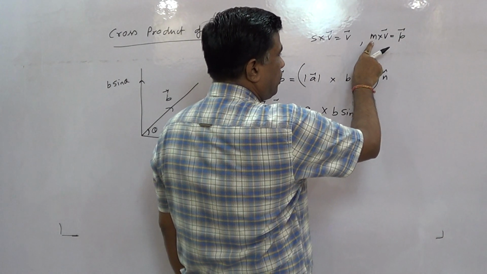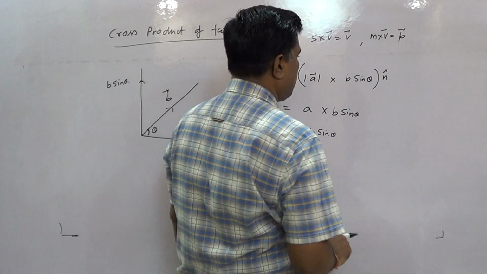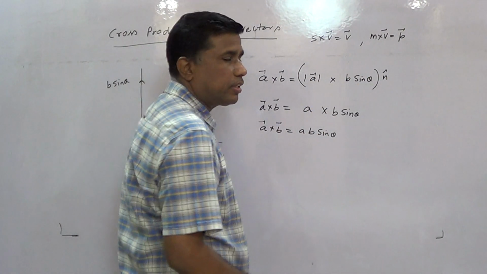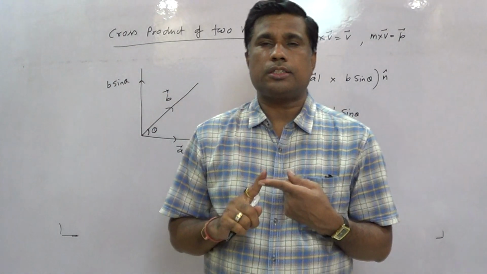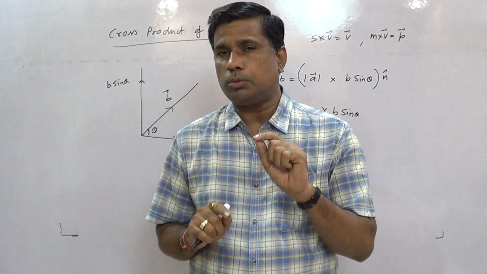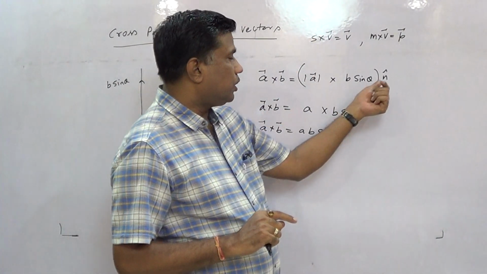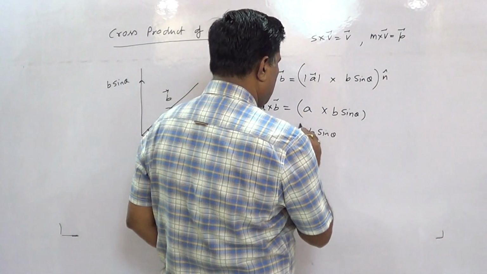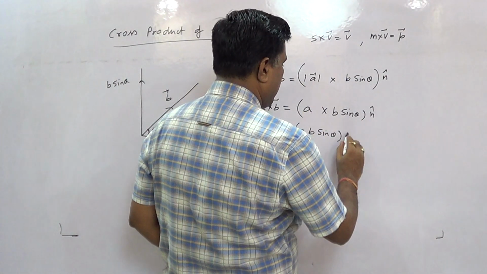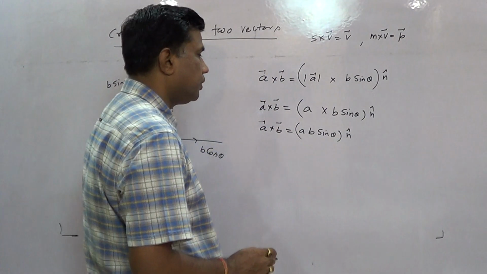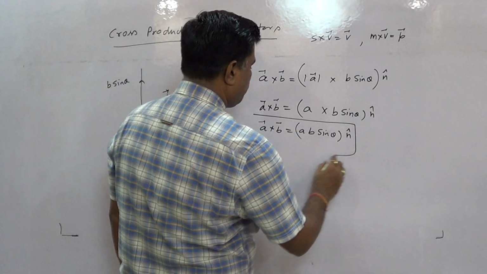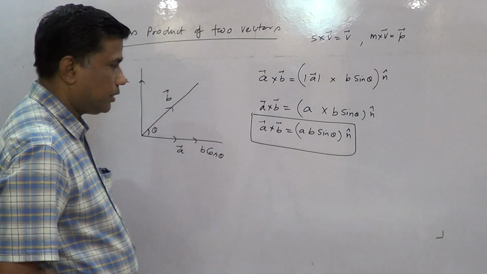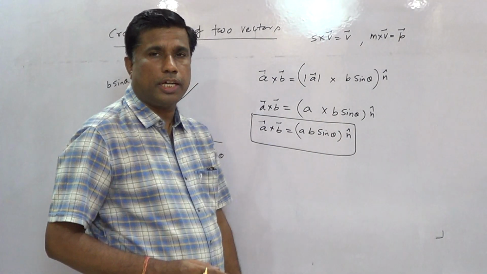So students, when any scalar is multiplied by a vector, the result is always a vector. So this whole thing is a scalar, and to make this scalar a vector we multiplied it by a unit vector. The benefit of multiplying by a unit vector is that its magnitude will not change. So this n cap is a unit vector. So I can write n cap in the expression on the right side of this equation. Students, this is the complete formula of cross product of two vectors, but we have to express the direction of this n cap.